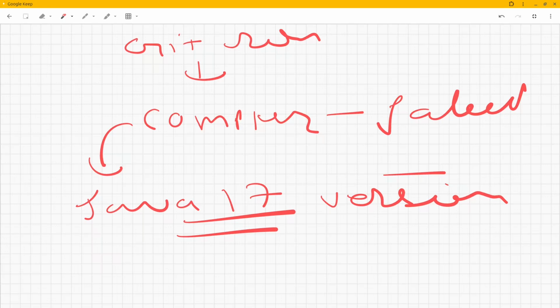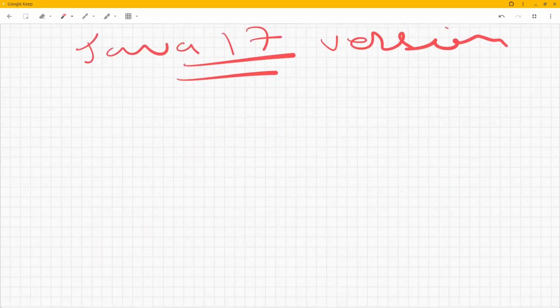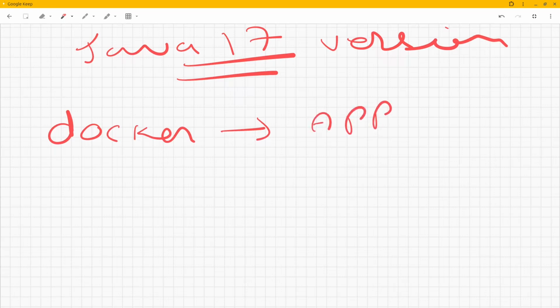So what would Docker say to you? Hey, look, you can give me your application runtime, the dependencies, and the configuration required for your application, and I'll package them together and make a container of this.